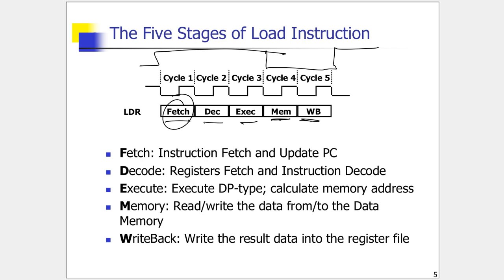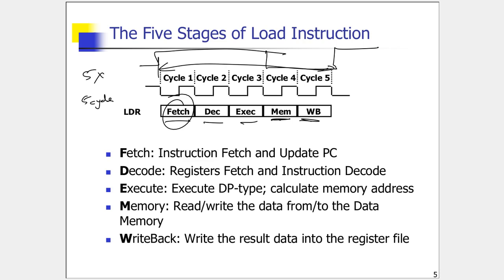But does it reduce the time taken for one single instruction to complete? No, it doesn't. It still has to go through all the stages. So now your clock frequency is faster, that is, the clock period is smaller, but it will take a larger number of clocks to complete the instruction. So in the ideal case, your clock frequency can be 5 times that of the single cycle processor, but it will take 5 cycles for an instruction to complete. So the time taken for an instruction to complete does not reduce.